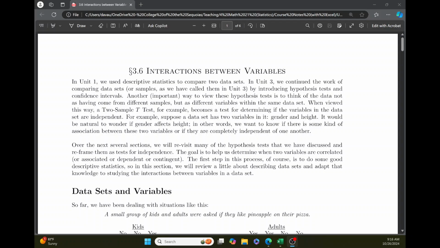A really helpful perspective here is to, instead of thinking about the different groups that we're comparing as coming from two different data sets or two different samples, instead we can think of them as coming from the same sample which has different variables, right, in it. And so instead of thinking of comparing two different data sets, we're going to think about comparing two variables within the same data set. And I'll show you what I mean by that in a second. The reason that this is useful for us is because